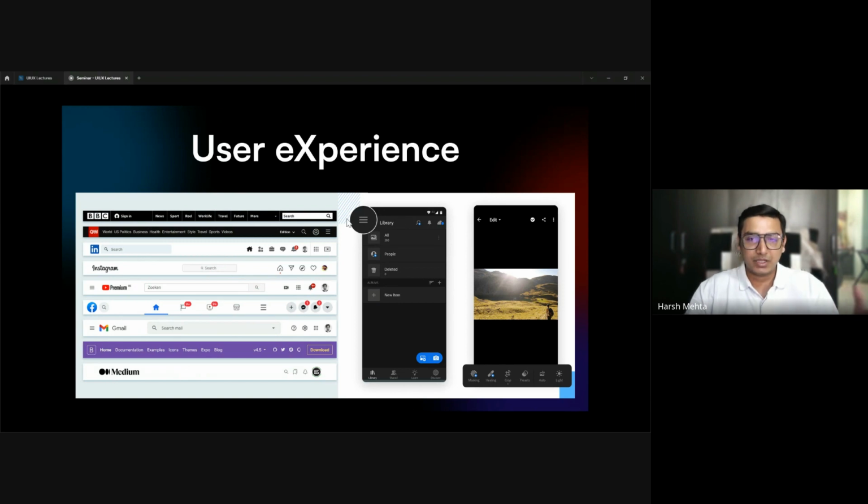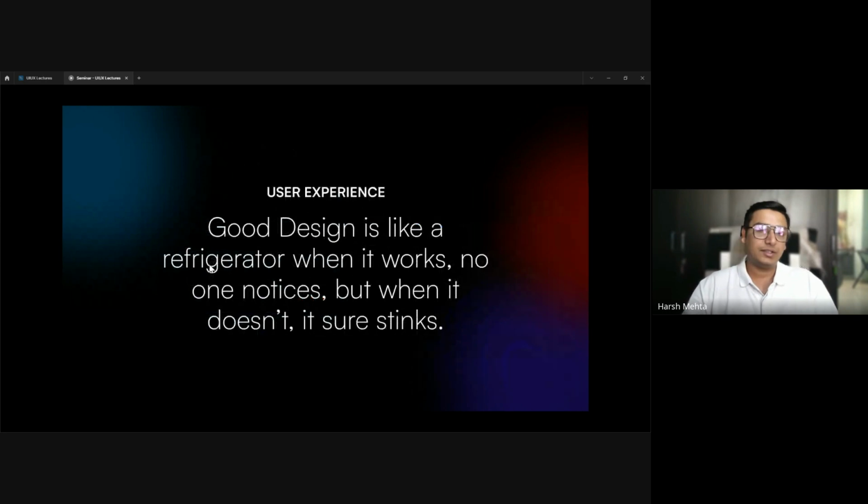ठीक है. हैमबर्गर मेन्यू है तो वो ऊपर क्यों है, मेन मेन्यू है तो वो नीचे क्यों है, ऊपर क्यों नहीं है, like the website, correct? So that's how you think as a UX designer. यहाँ पर आइकन्स यूज किए हैं, यहाँ पर नहीं किए हैं, तो ऐसा क्यों है, सर्च बार बड़ा है यहाँ पर छोटा है, ऐसा क्यों है, correct? So all this is part of the UX designer.